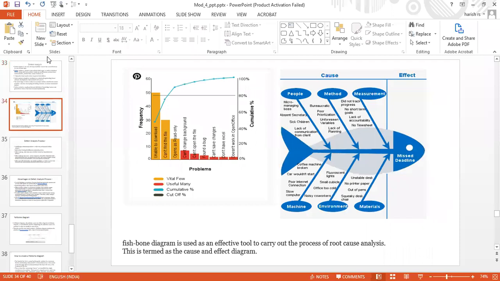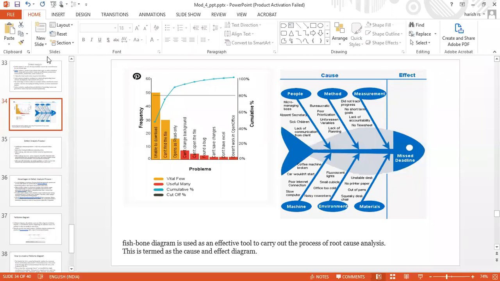Based on that, we started analyzing the different kinds of causes. For example, we saw website problems. Why is a website down during downloads, or what other problems do we face when we are on the internet? We face problems like being unable to download, not being able to open a file, a read-only file that cannot be changed, bugs, such kinds of errors. For that, we will see the analysis using the fishbone diagram.